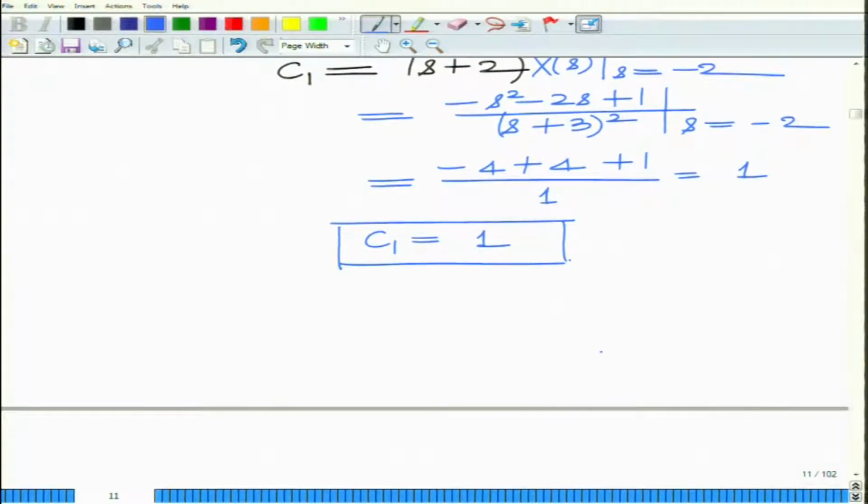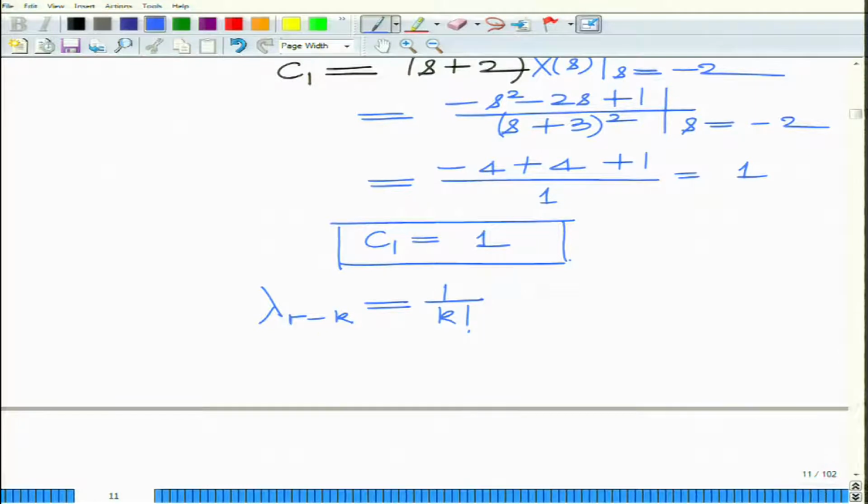Now, let us look at the lambdas. To evaluate the lambdas, we know we have the property that lambda r minus k equals 1 over k factorial, these are the coefficients corresponding to the repeated pole, that is (s plus 3) whole square, pole minus 3, which has multiplicity 2. Lambda r minus k is 1 over k factorial times d^k by ds^k of (s minus pi) raised to the power of r times X(s),